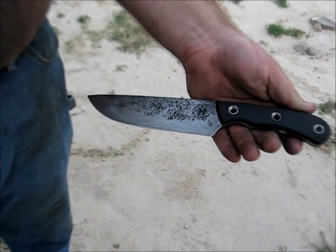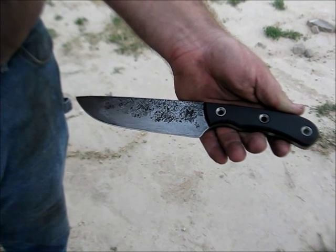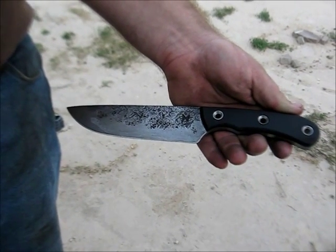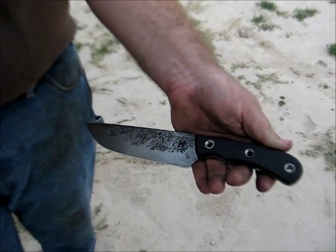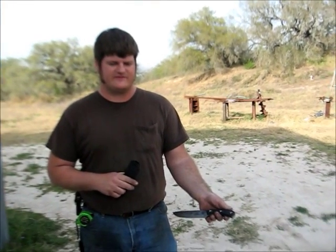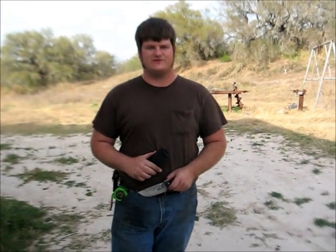When the attack occurred on our embassy in Benghazi, Libya, and I found out about it, not only the attack that happened, but our lack of response to it, it angered me, and the only thing I could really do to contribute was build some knives to donate to some of our warfighters that were going to be going into harm's way. So I contacted a fellow I know in the Marines and said, can you get me in contact with 5 or 6 guys who are going to be stationed in a place that will put them in harm's way? He said, yeah, I will. And so I made